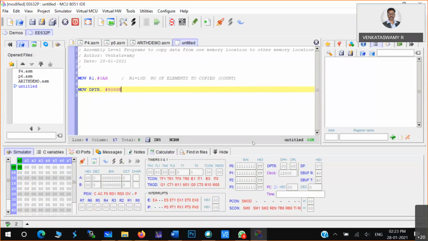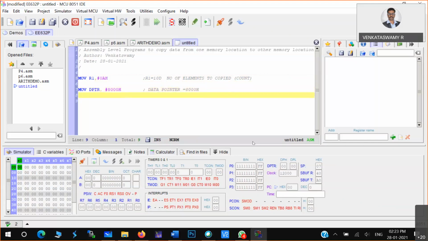What is this DPTR? You are initializing the data pointer. The data pointer is pointing to the 8000H memory location, correct? So this is the meaning.